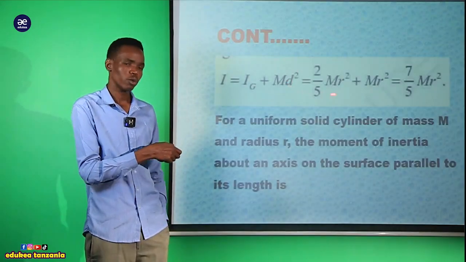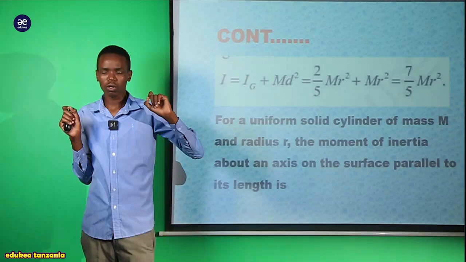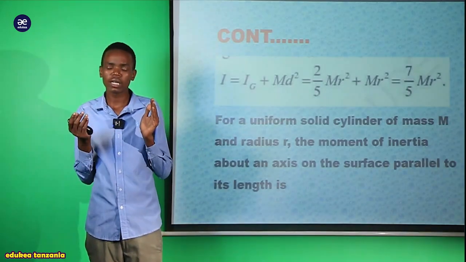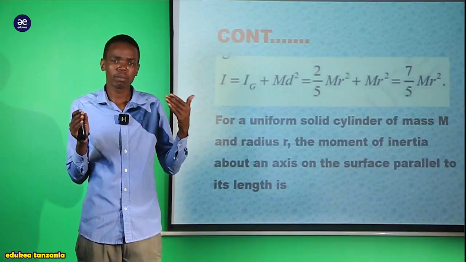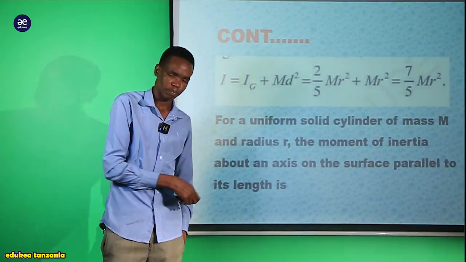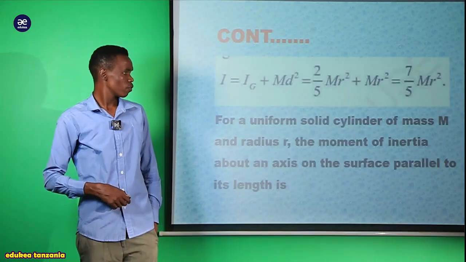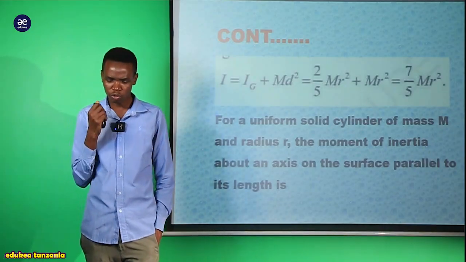While for this one, we should imagine that the distance is equal to the radius. The distance acting on the sphere between the two parallel axes must be equal to the radius, as we try to see. So if we simplify this one, my dear students,